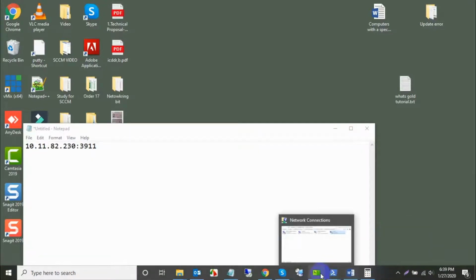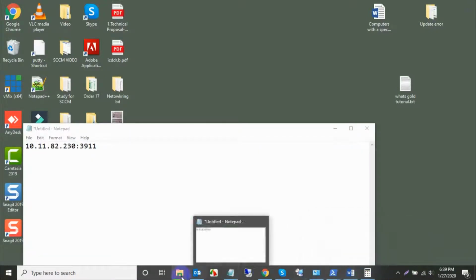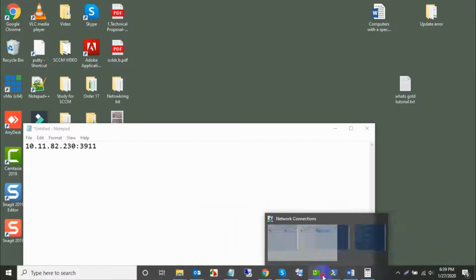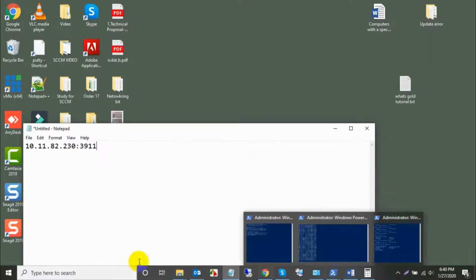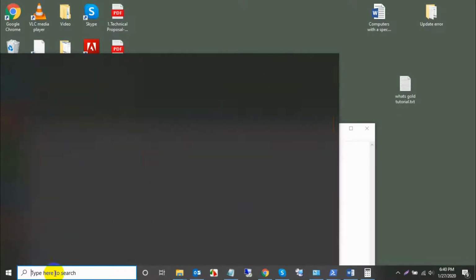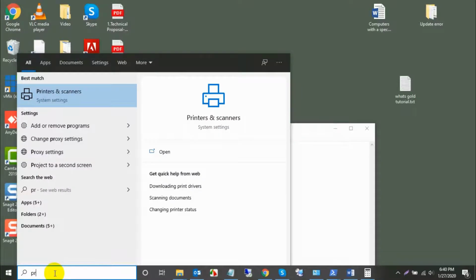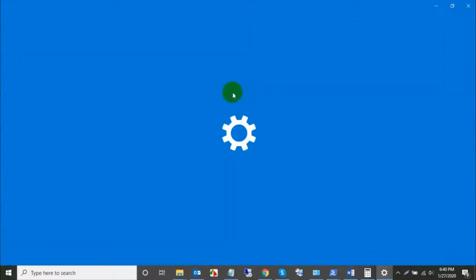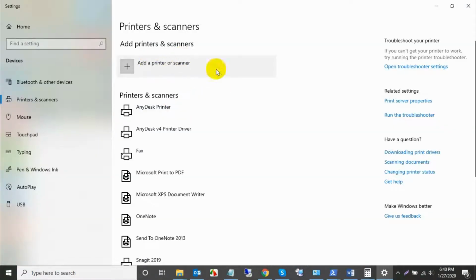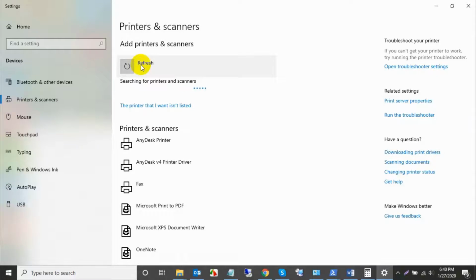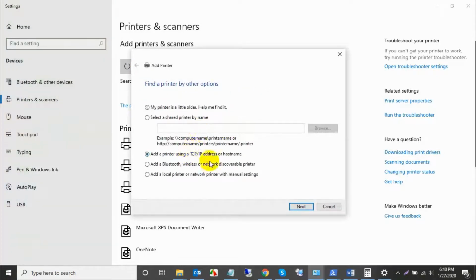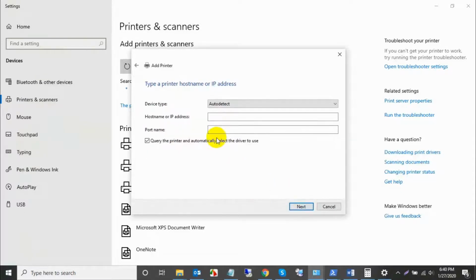My printer IP is this. So now I go to Printers and Scanners, search for printer and scanner, and click Add printer or scanner. I click "The printer that I want isn't listed." Now click TCP/IP, next, and give the